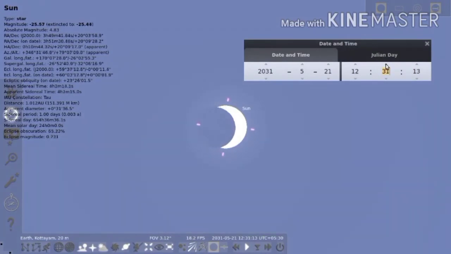See, it comes to the maximum solar eclipse. At which time did the solar eclipse come to its maximum? Yes, 13:03. In the textbook the time is given as 13:15, so there may be a difference of some minutes. The type of eclipse is ring solar eclipse or annular solar eclipse.